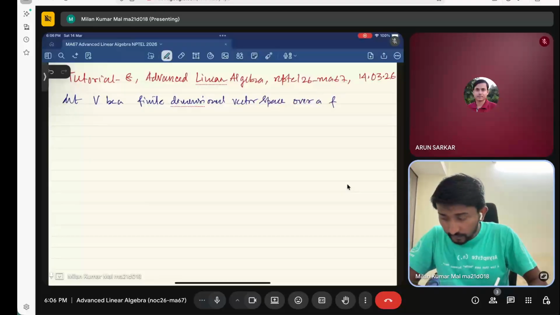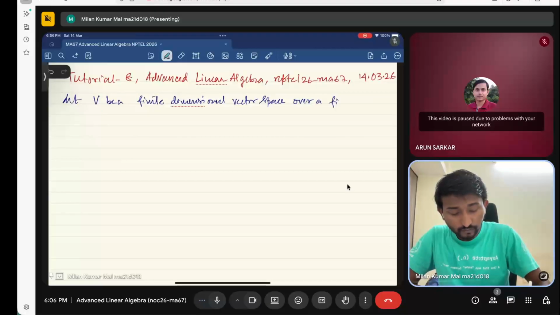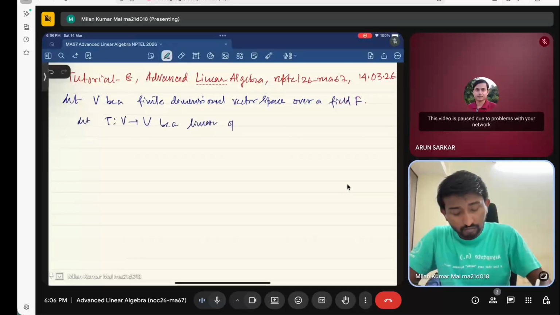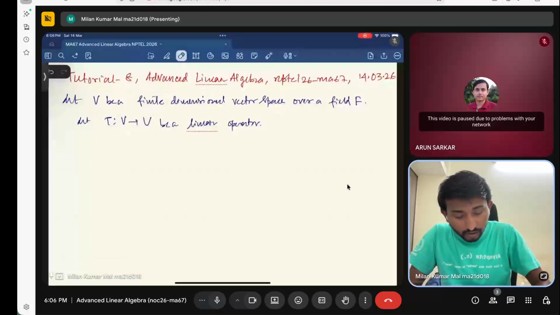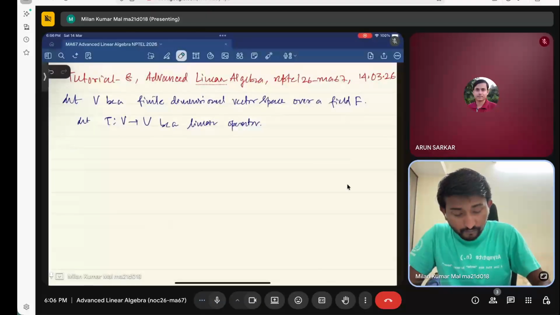Let T from V to V be a linear operator. Then we say T is diagonalizable